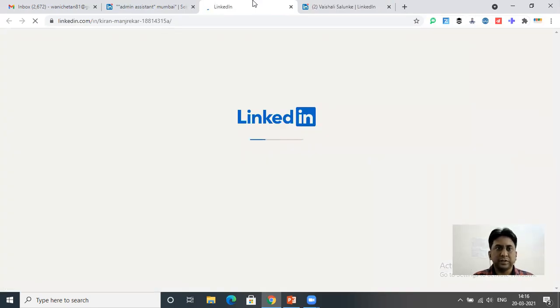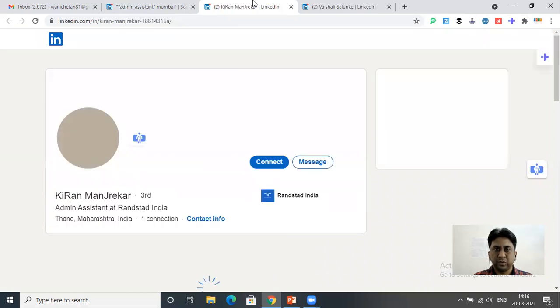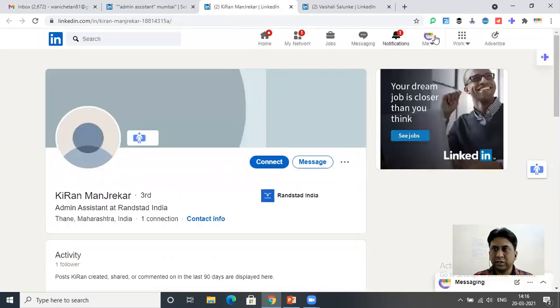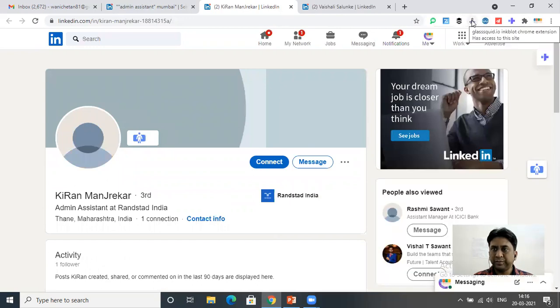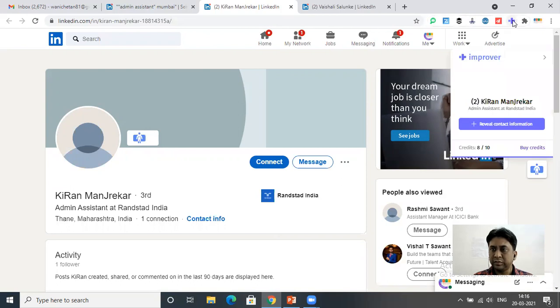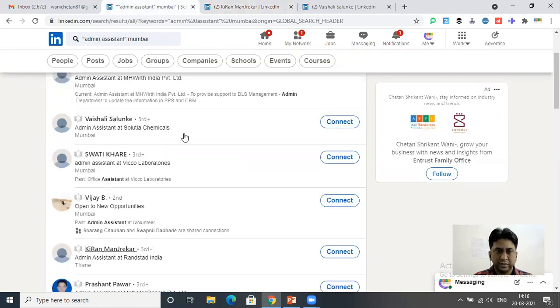This is another profile of Mr. Kiran. Okay, so I'll use Improver again. This is the symbol. You have to understand the symbol of Improver. Can't find his contact.